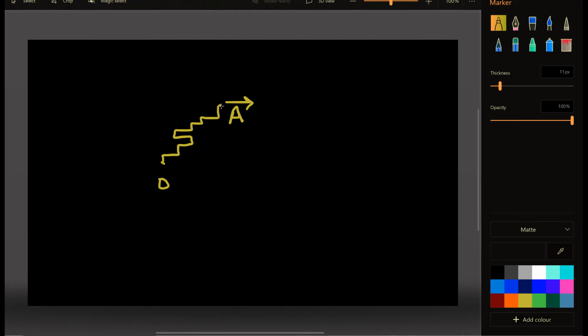Now if I start my instructions again from A, I will end up at a point B, facing in this direction. Then from B, if I repeat the same instructions, I will end up at a point C facing west.